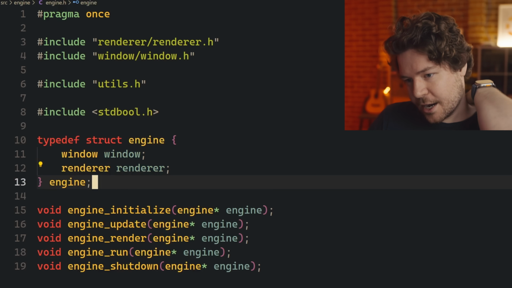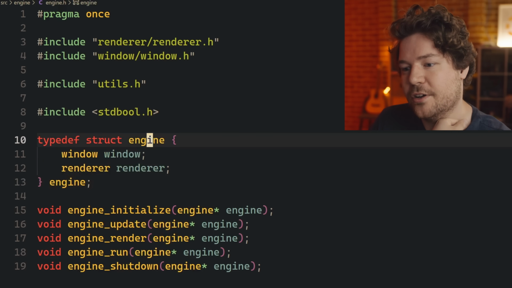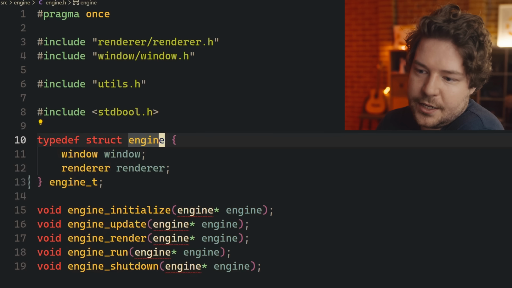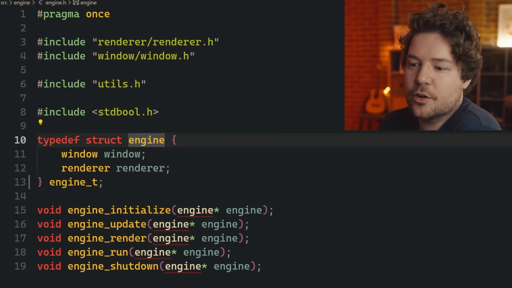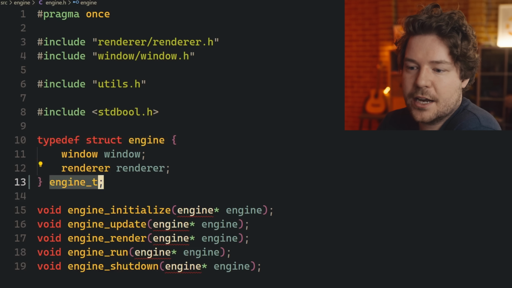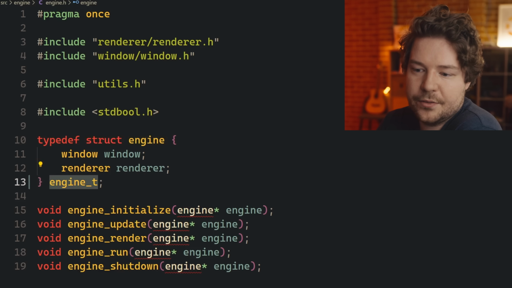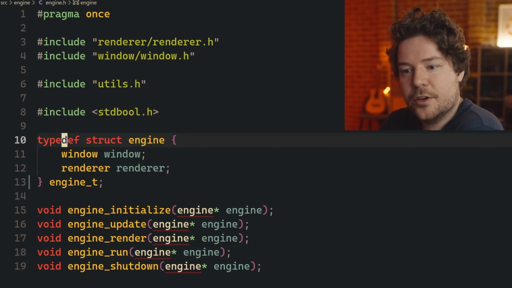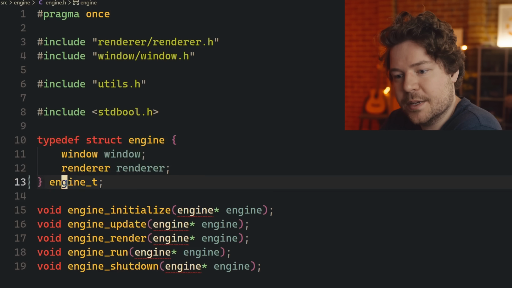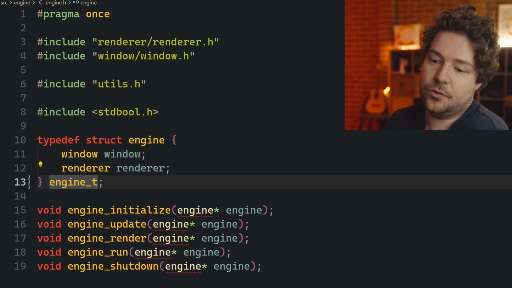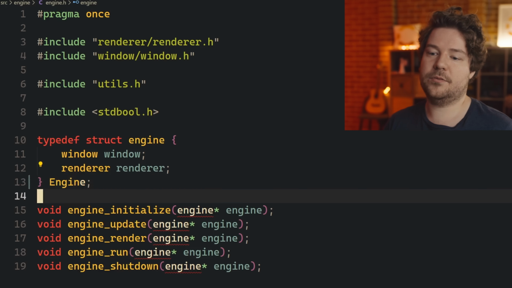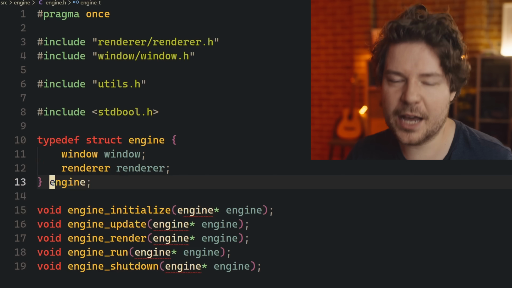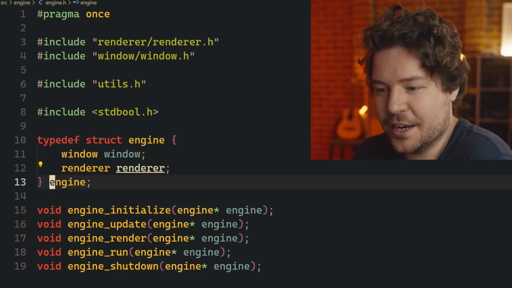So what is engine? Engine is a struct. So we've got this beautiful typedef struct. We've got the same name here as well. A lot of people will change the name as well. So they have engine as the little, whatever this is called. I don't actually even know what it's called, struct label or whatever. And then the actual type made out of that. Basically what you're doing is creating a struct called engine, and then you're typedefing that to actually be something you can use. A lot of people tend to do a little underscore t, but I'd probably just make it Engine and use Engine like that. Anyway, I'd probably use C++ as well. We'll get into that in a minute, but whatever.